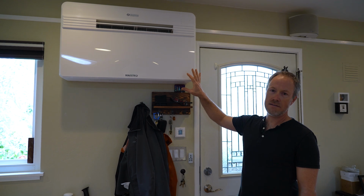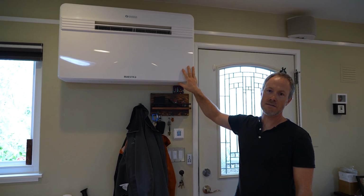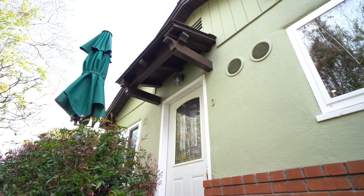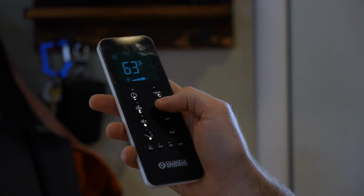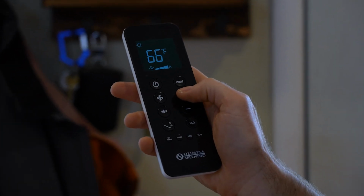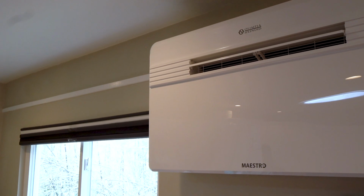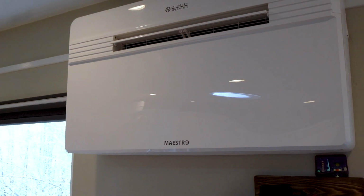The entire unit, including the compressor and all the coils, are in one box inside the building, and it's connected to the outside through two 8-inch ducts that go straight through the wall. This particular unit comes with a remote control, so I can power it on, set the temperature, and operate the louver. And this particular unit also comes with a Wi-Fi app, so I can control it from my phone remotely